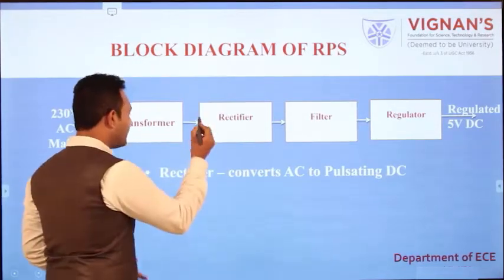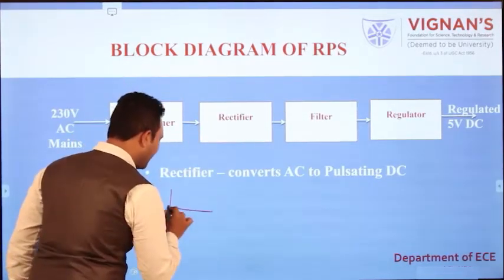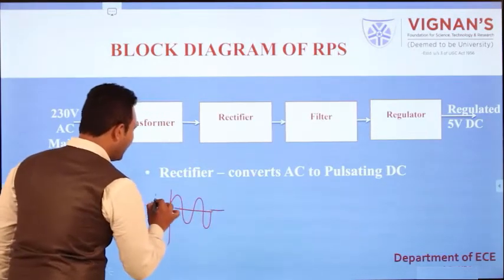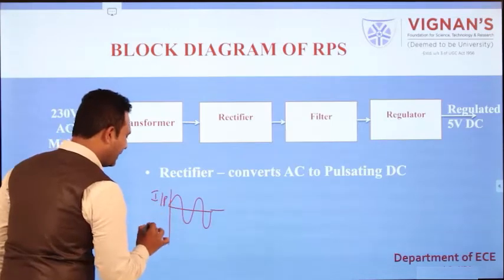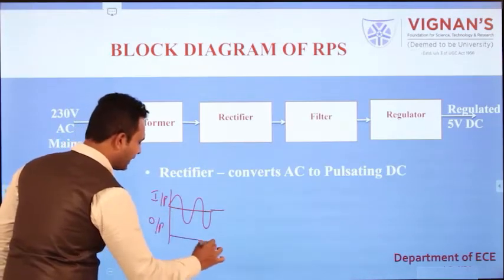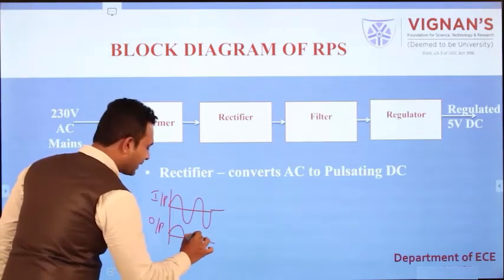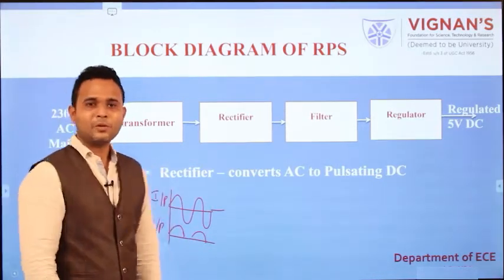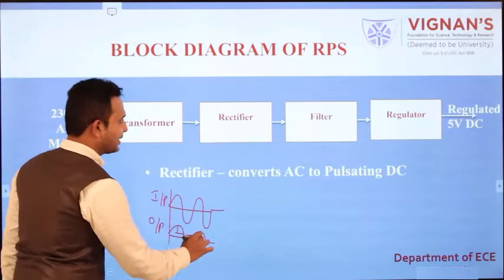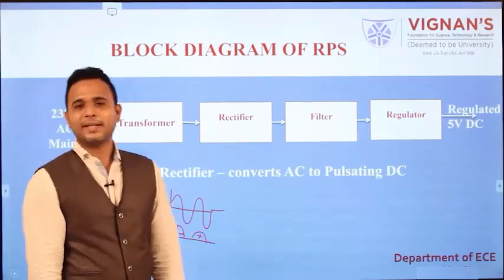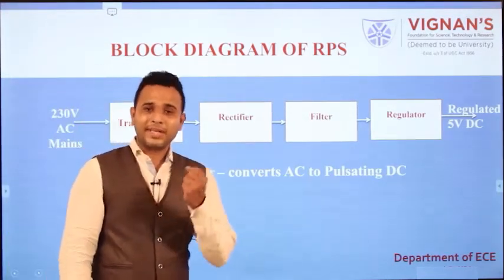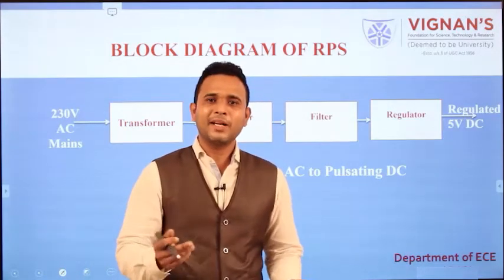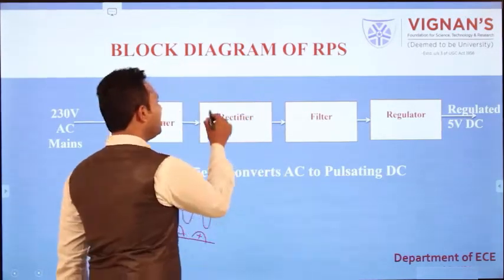So the rectifier input is the AC. Then the output of the rectifier is, okay, we are getting only pulses, right? Only positive pulses. That is the use of the rectifier. So the PN junction diode acts as a rectifier. How it acts, we will learn next.